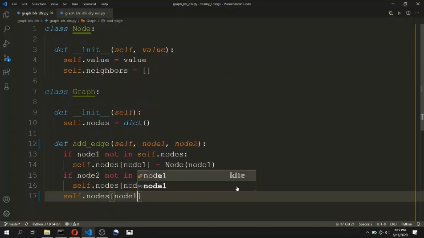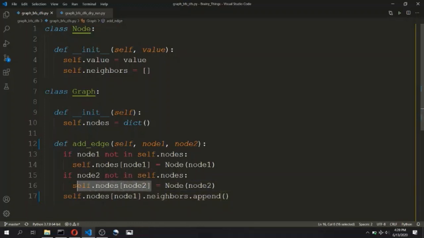So we will use the self.nodes dictionary, and we will append the node 2 object in the neighbors list of node 1. So we will access the neighbors of node 1 object, and we will append the node object corresponding to node 2, like this.